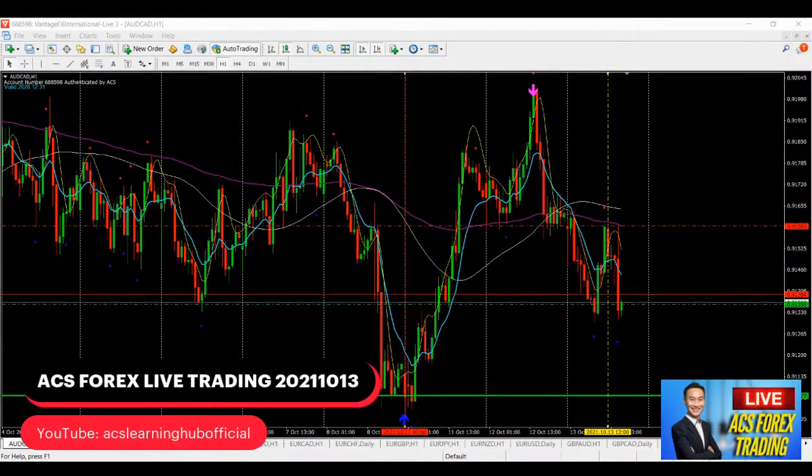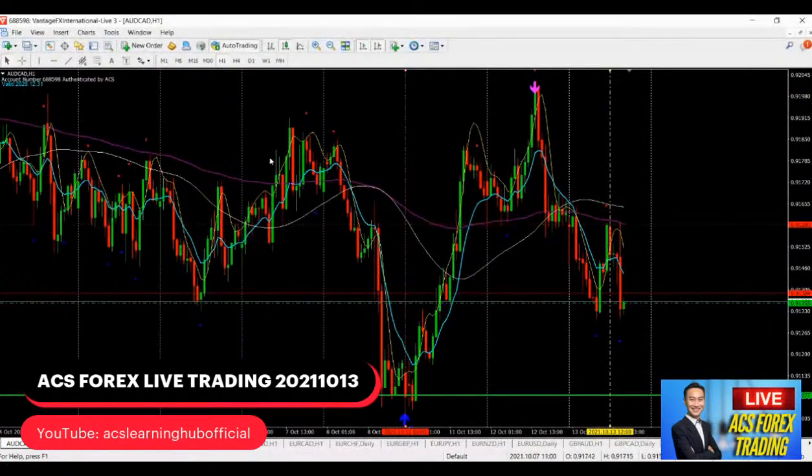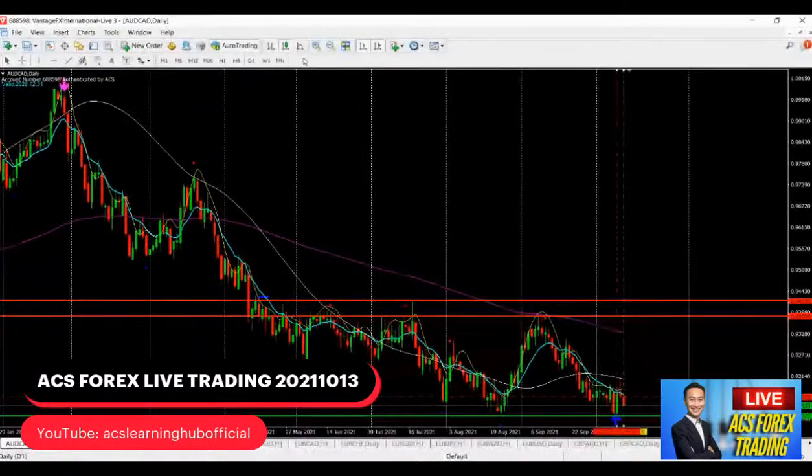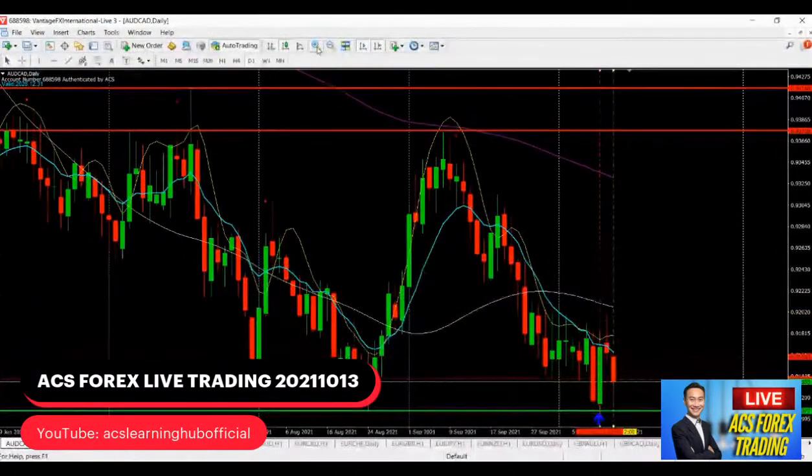So now let's take a look at Aussie CAD. Since the 4 hours has opened, we also need to take note. First of all, same thing, I will always go back to the same. You may find that I'm doing the same old thing. Is there something new? I don't have something new. I have something that consistently gives me a good trading strategy, and I will always use that.